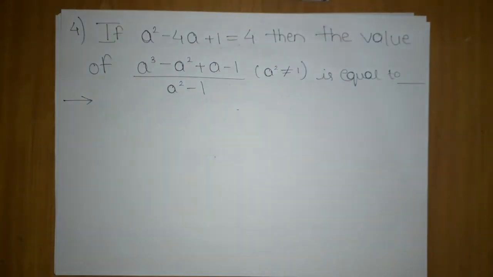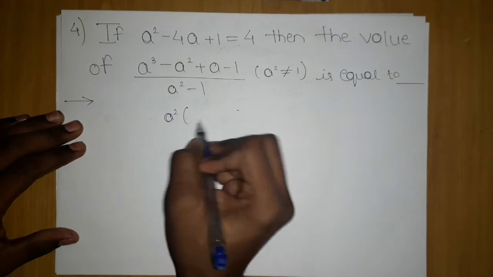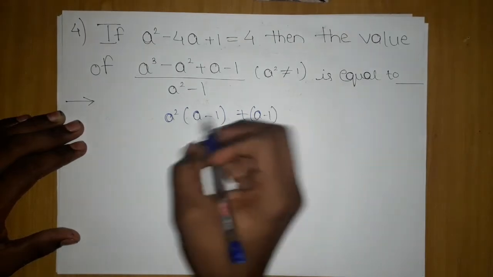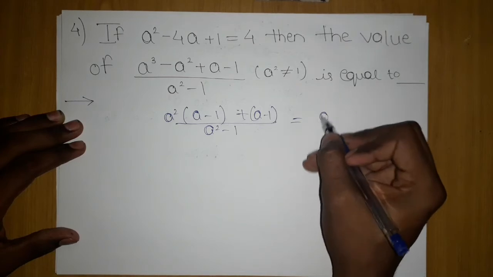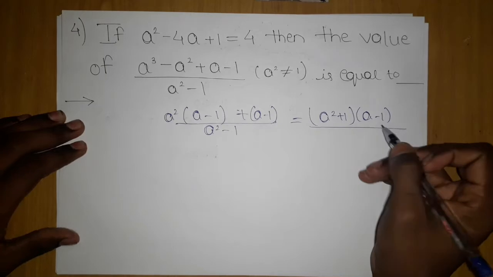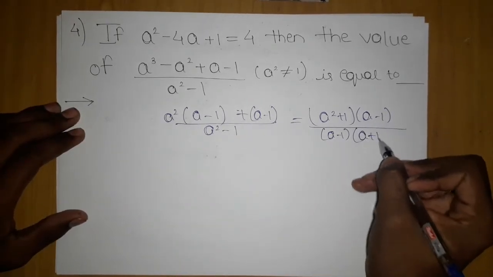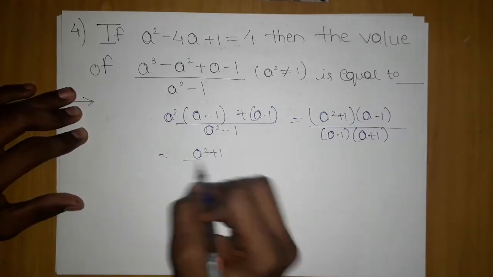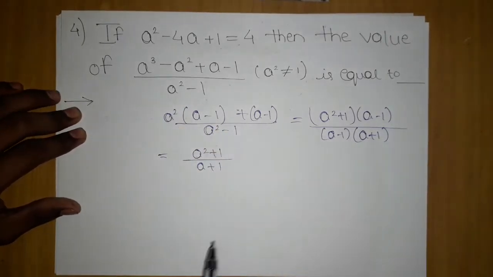Now one thing we can do from here is reduce this expression. How? If I take a square common, I get a minus 1 here. Doesn't it look like a quadratic? And here we have the a square minus b square formula, so I can write it like this: (a minus 1) times the quadratic on top, and a minus 1 and a plus 1 at the bottom. Now this a minus 1 will cancel out, and the part we are left with will be a plus 1. So this is the modified version of what we needed to find.